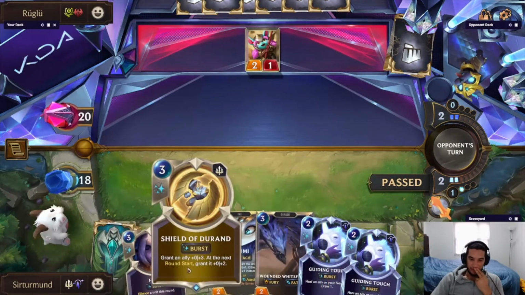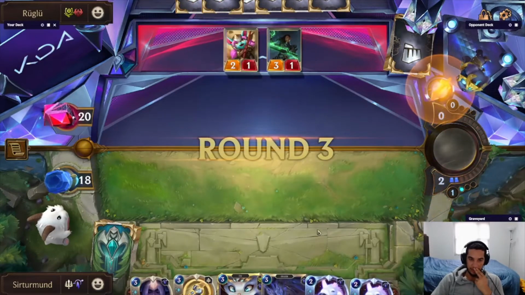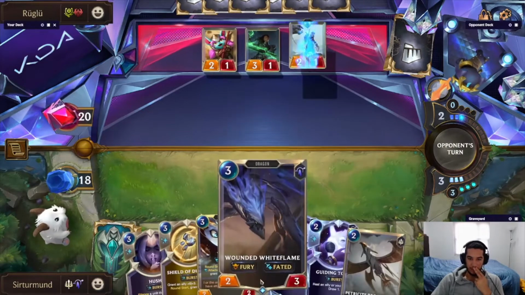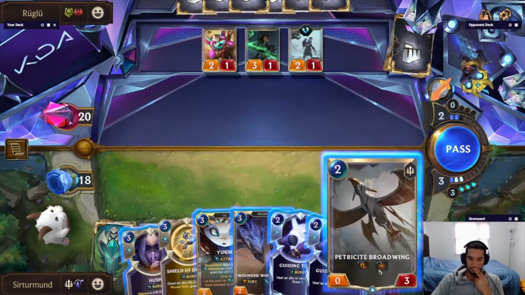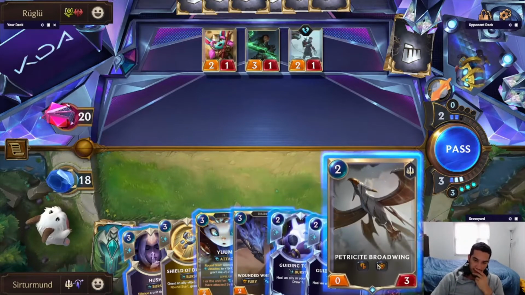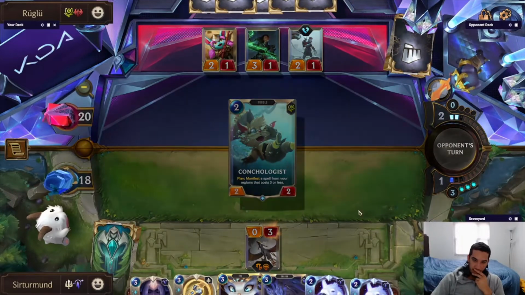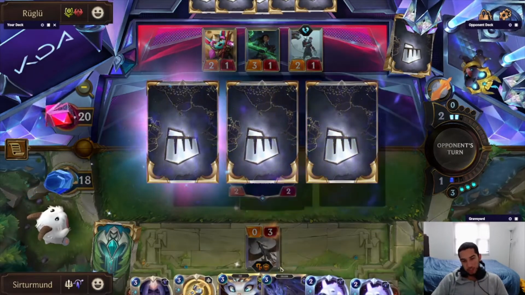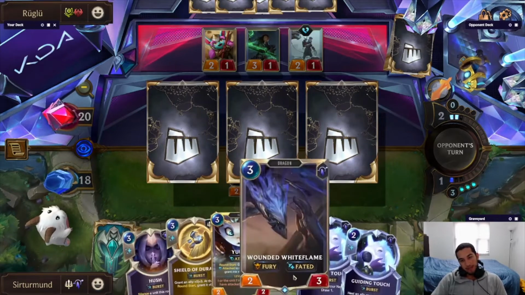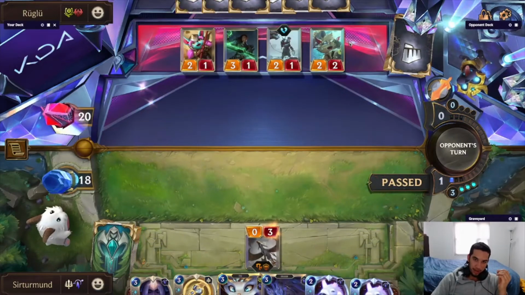We can do the Whiteflame and do the Shield of Duran on him next turn, allowing him to survive. He's probably just gonna open, so that's gonna be 5. Okay, so now that we have the Broadwing, we could just do this instead of doing the... I think this is better than doing the Whiteflame. So I think this is gonna be slightly better because we can do Shield of Duran and then next turn we can do Yuumi. We also have heals for it. But I'm debating if it's actually not worth it to do Yuumi. Because my problem with Yuumi is gonna be...